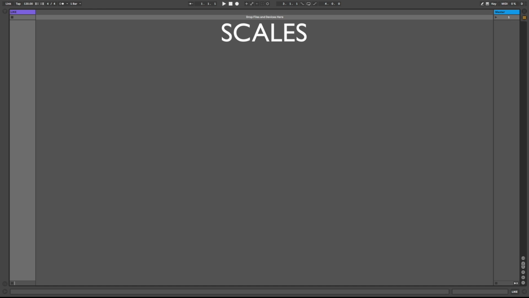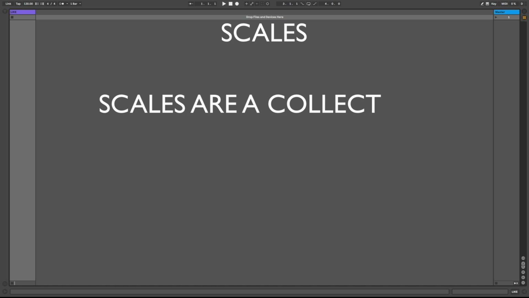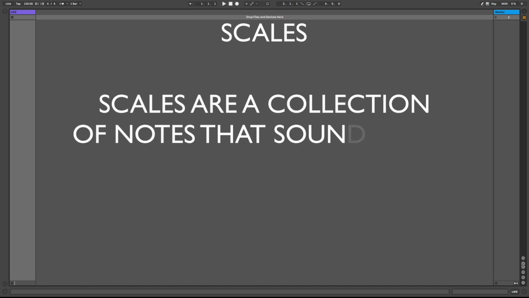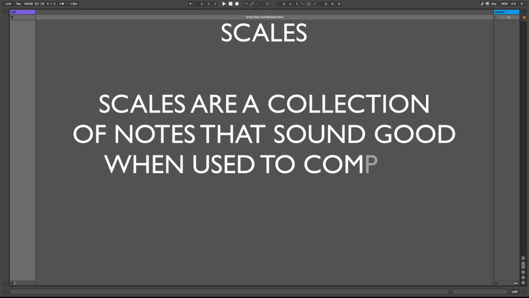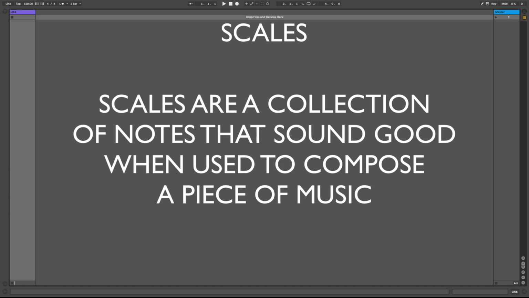Let me explain first what scales are. Scales are a collection of notes which theoretically sound good when used to compose a piece of music. If you used any random notes to make up a melody or chord, it's likely that there wouldn't be any harmonic relationship between many of the notes that you've played,